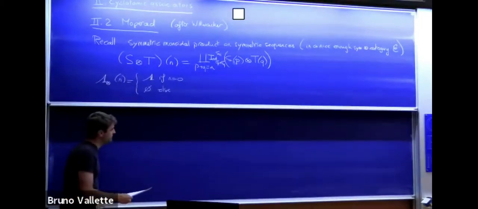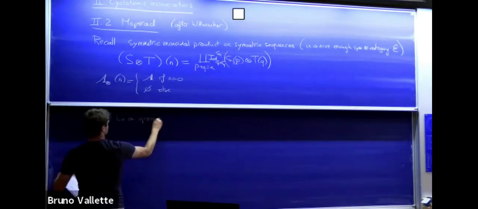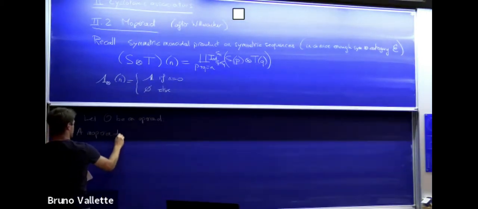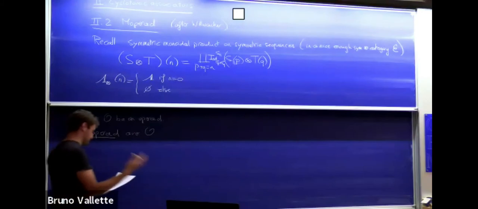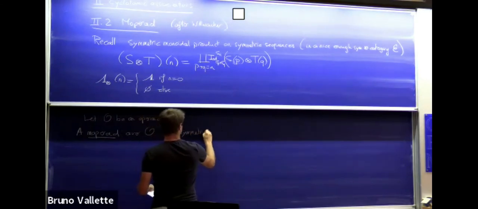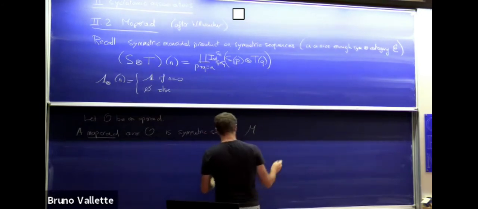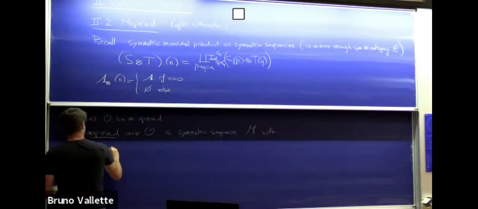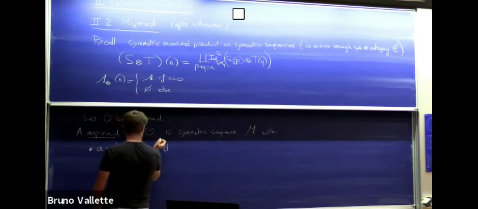So now let O be an operad. And so the definition of an operad over O, it's a kind of operadic module, but it's not an operadic module. So it is a symmetric sequence, let's call it M, together with, first of all, a unital monoid structure,